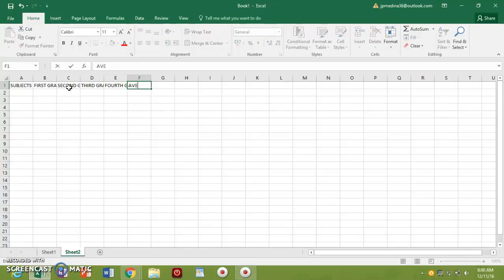Average, and then remarks. Type the subjects in A2 or type what kind of subjects you want to compute.